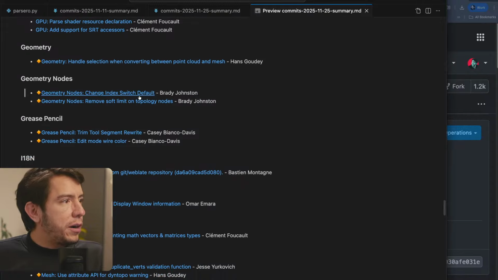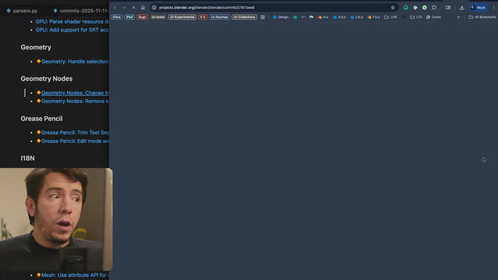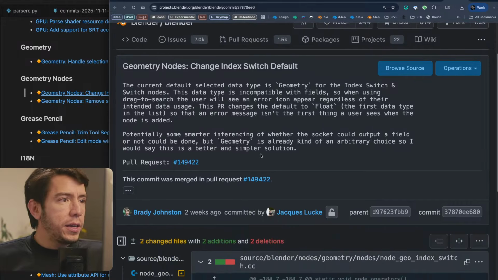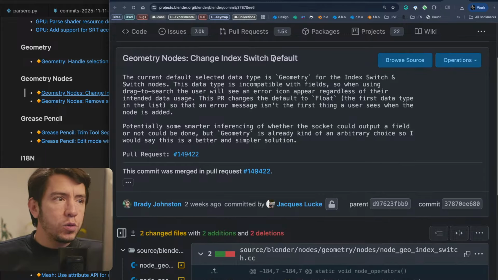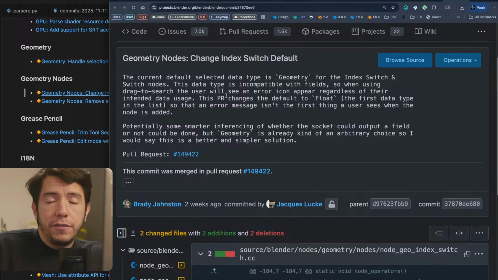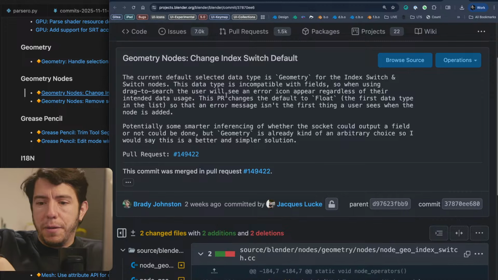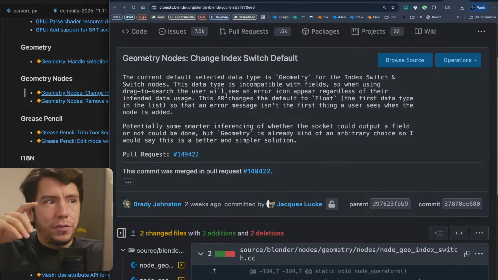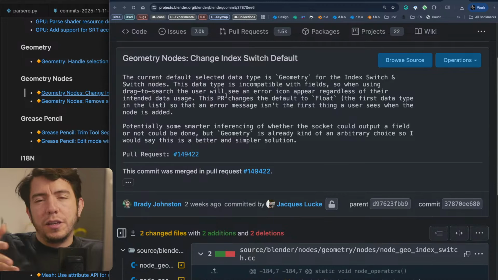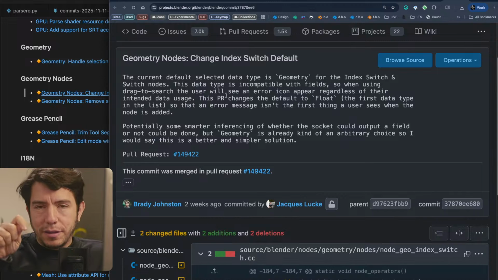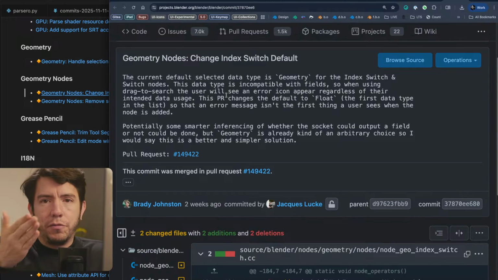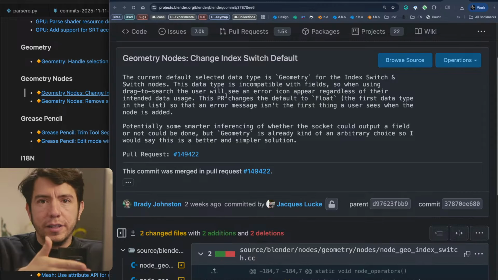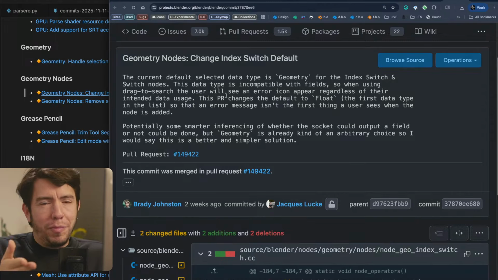The other changes are related to geometry nodes, and there are two quality of life improvements. One is the index switch node. The default used to be geometry, which is a data type that is incompatible with fields, which means that by default, if you drag any field socket and then start searching for this index switch, it will just give you an error, because the socket type was going from fields to geometry, which is not fields, so it would complain by default.